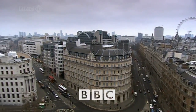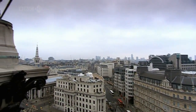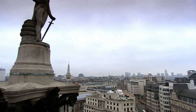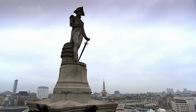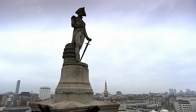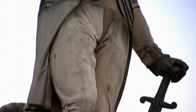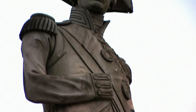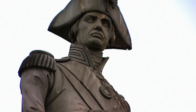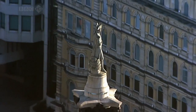In October 1843, 100,000 people gathered on the streets of London. A grand memorial to their greatest hero was about to be unveiled. Nelson's Column, built with donations from an adoring public, their gift to a man who had paid for victory with death. His granite figure stands 50 metres up, facing south towards the site of his last and greatest victory, Trafalgar,